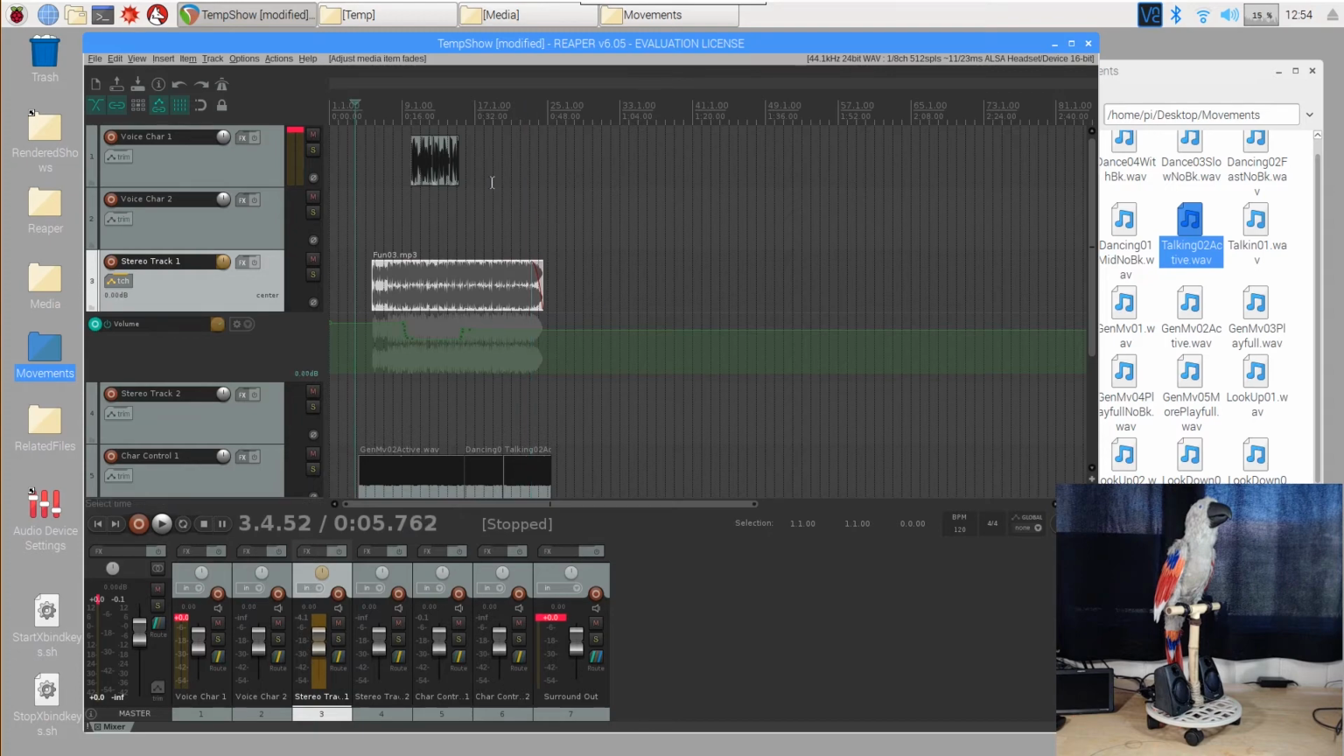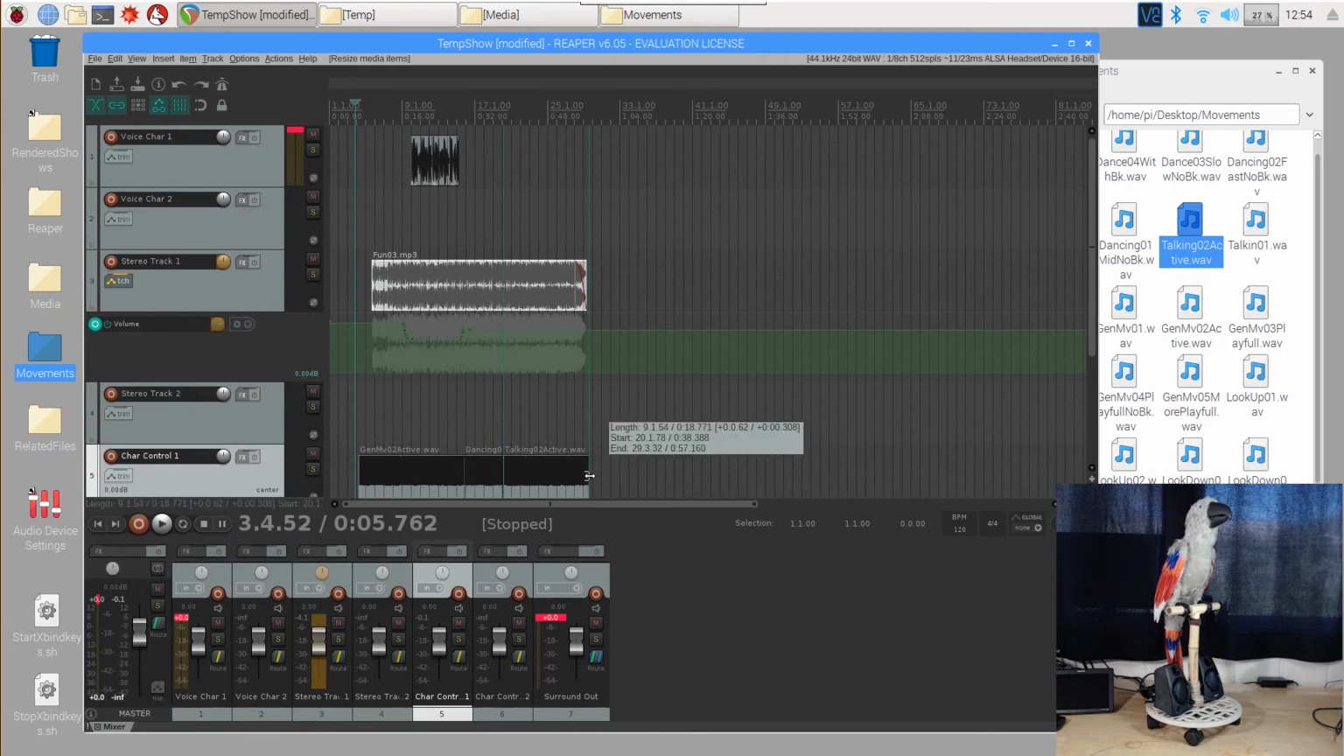Let's add a little bit more. We're going to go like this. We're going to go like this. So he moves a little bit past the music. And then we're going to put in,